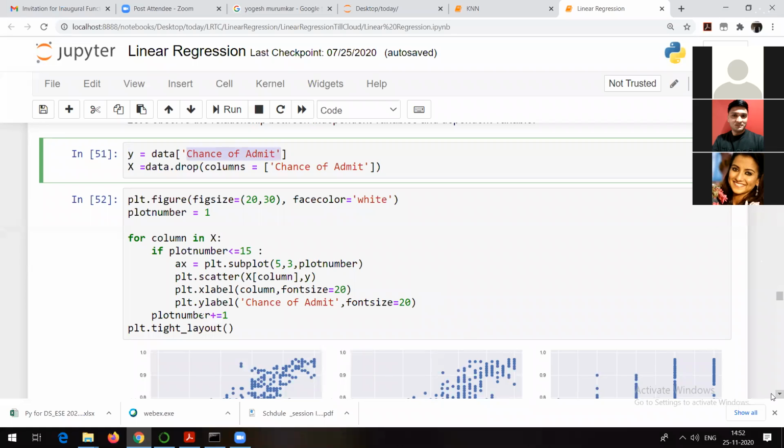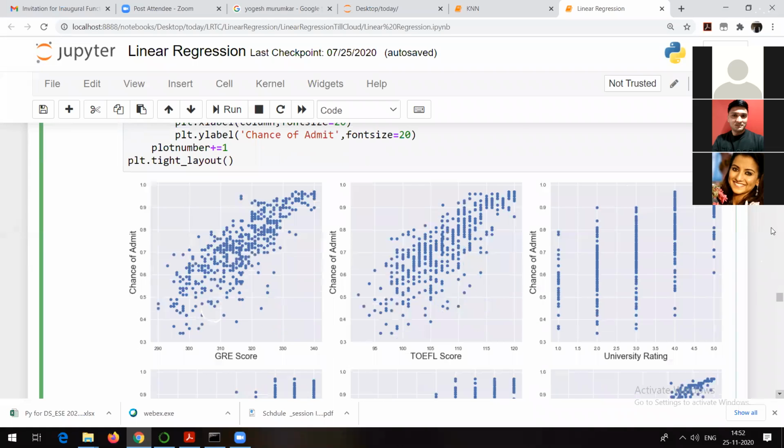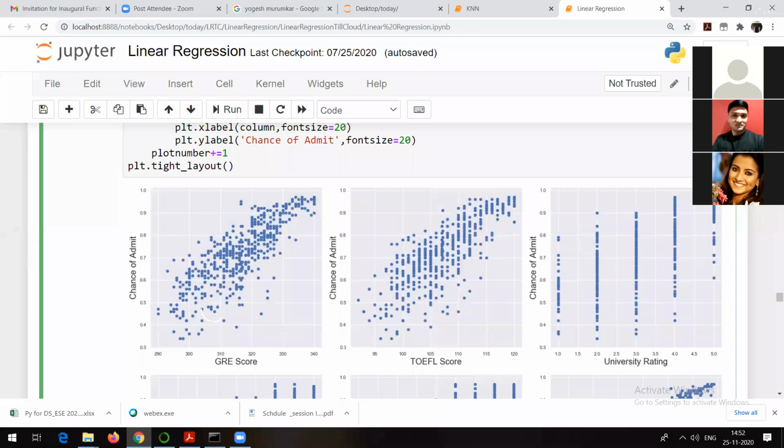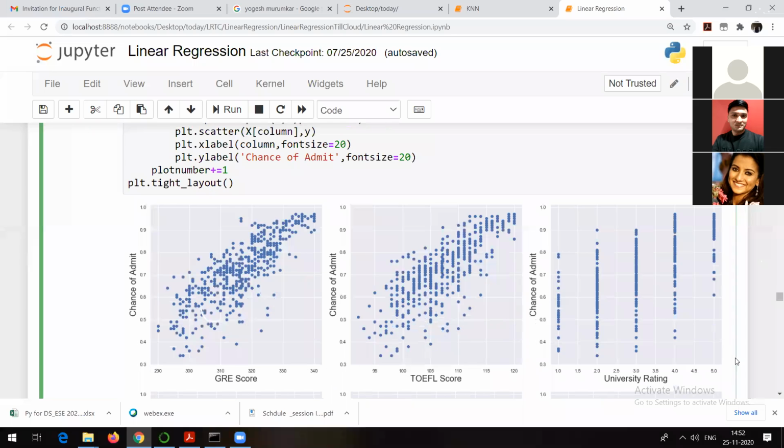After that, we are again going to make use of the Seaborn and Matplotlib packages just to see the relationship between input and output columns. Here we are going to make use of a scatter plot from Matplotlib. Let me show you how to interpret all those plots. I am not discussing this code here because I am expecting that you are already aware of packages like Matplotlib, NumPy, Pandas and Seaborn. It is just the plotting of the graph.